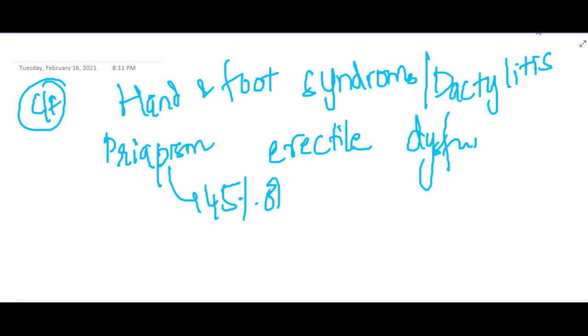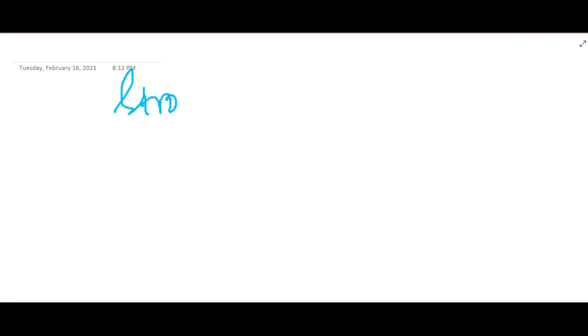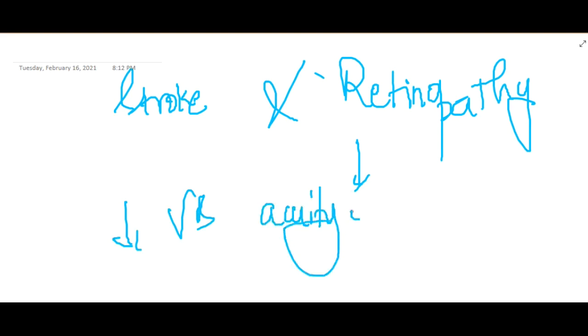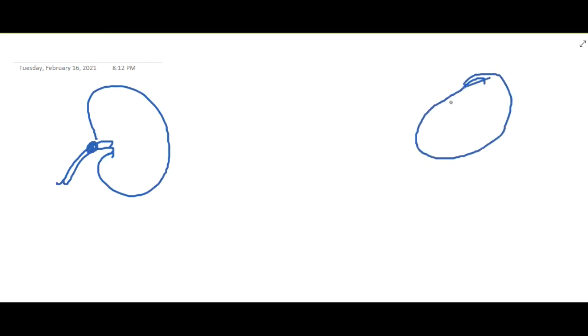Then, if these sickle cells obstruct some blood vessels in the brain, it can cause stroke, and if they obstruct the blood vessels in the retina, they might cause retinopathy. This retinopathy can lead to loss or decreased visual acuity, and this also can lead to blindness. Then, if these sickle cells obstruct the splenic artery,